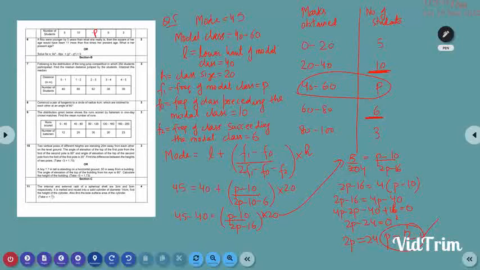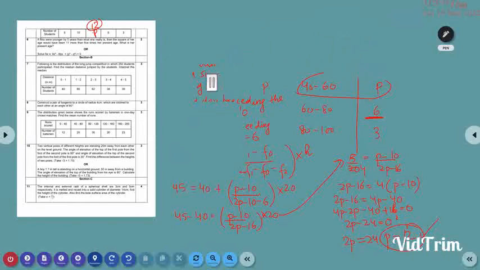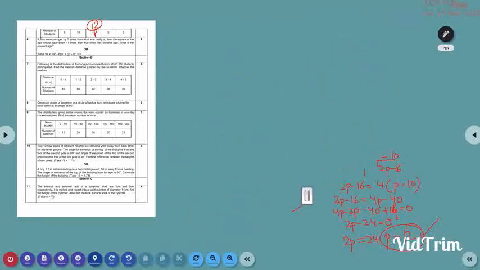So this will be x square minus 10x plus 25, using the identity (a minus b) whole square. This will be x square minus 10x plus 25, which will be equal to 5x plus 11. So here x square minus 10x and 5x will be minus 15x, plus 25 minus 11 will be 14. So x square minus 15x plus 14 is equal to 0, and after that we have to solve this equation